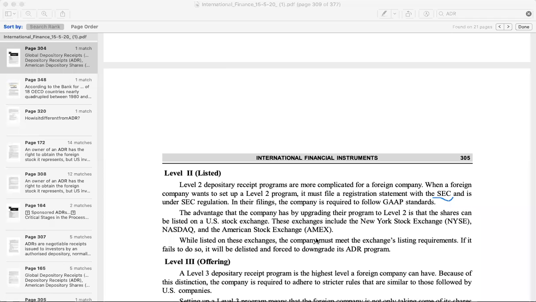And then the advantage is that it is listed on a stock exchange. Earlier, level 1 was over the counter. Over the counter in the sense you may not list it with the exchange, sell it through a broker, or even over the counter exchange, we have an Over the Counter Exchange of India where smaller companies list. So we can do it that way also, like if we have something like that in the US. So when we upgrade it from level 1 to level 2, stocks will have to be listed with a stock exchange, like New York Stock Exchange, NASDAQ, American Stock Exchange. Any of these exchanges you will have to list.